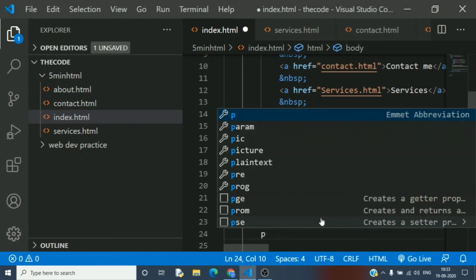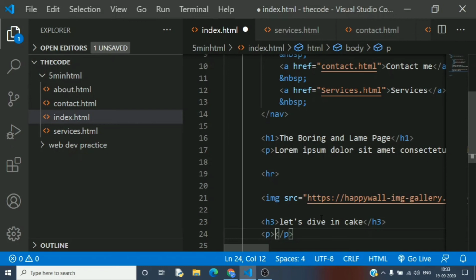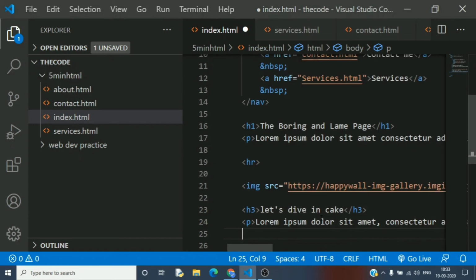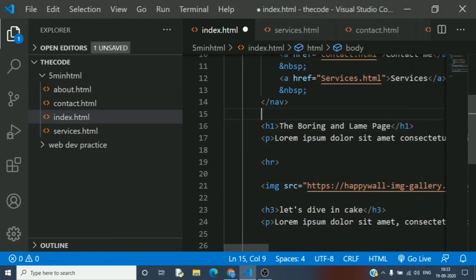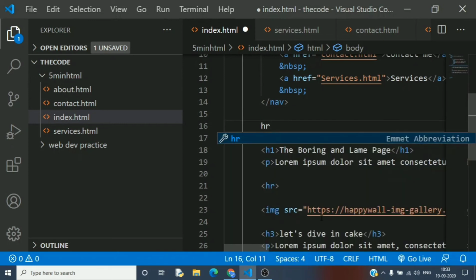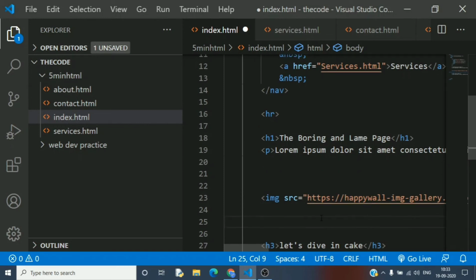Let's move on to the paragraph tags, and I will be again using Lorem. It's my favorite, using Lorem again and again. It creates awesome text and saves a lot of time, and that's why people use Visual Studio Code basically. Another thing is you can just add more HR tags, and I don't want this HR tag here. I will be removing this and placing it somewhere in between. So that's really nice. Now I guess it's completed, and I will be saving this,